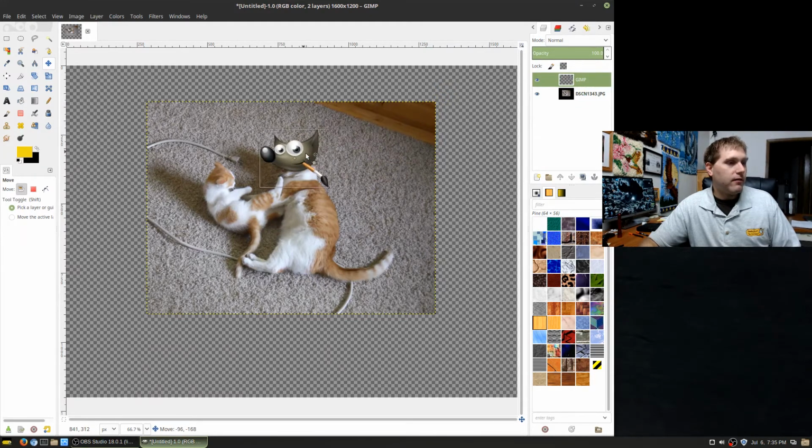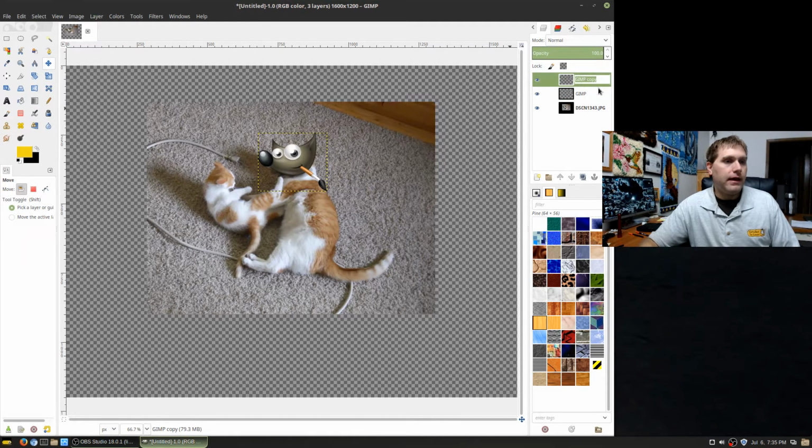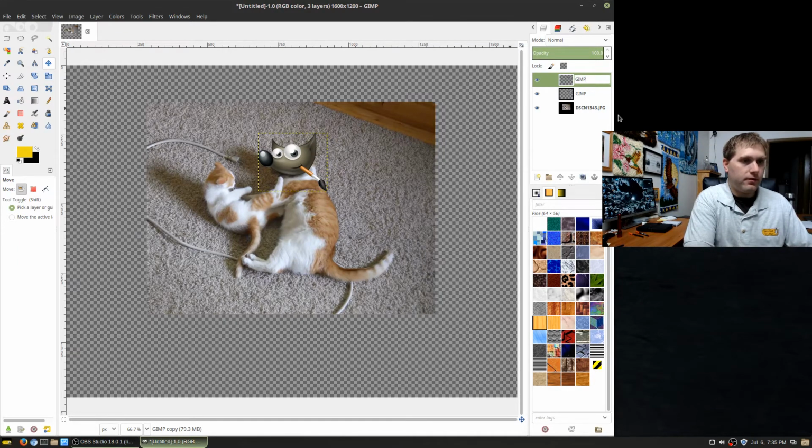One of the things here, there we go. Go ahead and make the cat a dog there by adding the GIMP to her head. Now suppose I want to copy this. Again, as intuitive as you can imagine, right click and then you can duplicate the layer. And I'm going to call this GIMP reverse,